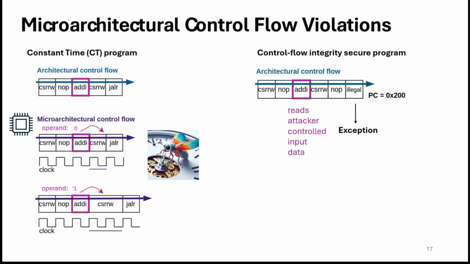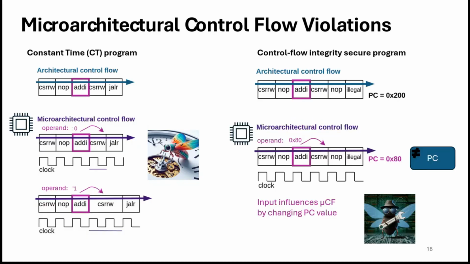Here's another example of a program that is, on architectural view, on software view, secure. We have an add that now reads attacker-controlled input. We have at the end an illegal instruction that creates an exception, and if everything goes well, then the CPU should go to the exception handler that is predefined. But there could be CPU bugs where if the operand of an instruction, for example of the add, is passed to the program counter and thus directly writes into the program counter, there is a control flow hijack possible, because now if the add's operand was coming from an attacker's input, an attacker can now change the program counter.